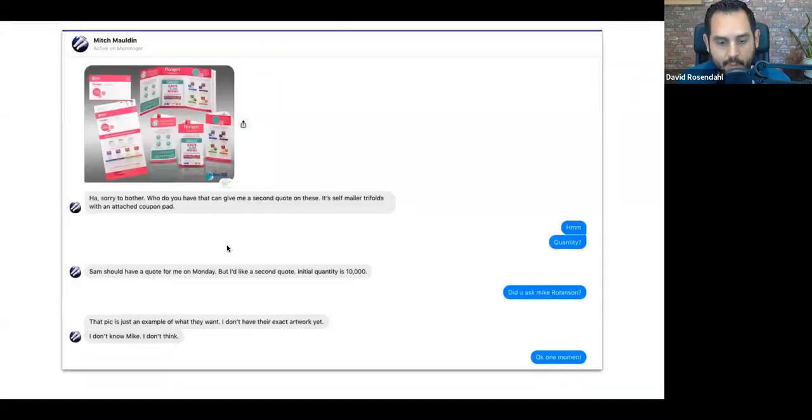Here's another example. I don't know how many of you do packaging. Obviously, Mindfire, we're an omnichannel marketing technology company. We don't do packaging, but because I'm doing my Orthogonal 5 and communicating using these different intersection points, I often get leads for folks like you. Many of you here do packaging or print. And so here's one that came in through Facebook, right? Hey, sorry to bother you. Can you give me a quote on these? Do you have someone who will give you a quote, right? This stuff happens all the time.